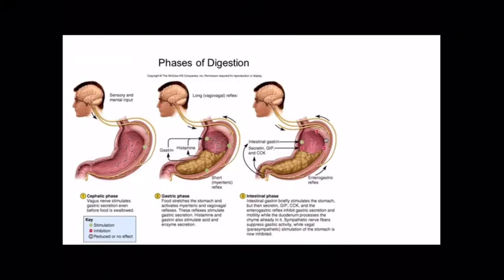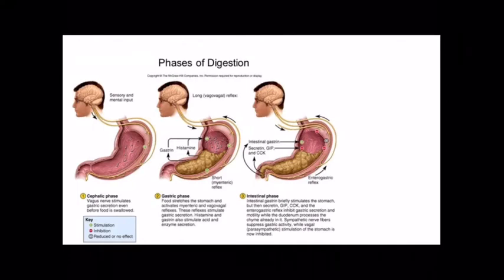Seeing, smelling, tasting, touching food, or thinking about food, all of those things stimulate the cephalic phase, which basically stimulates the stomach and says, hey stomach, get ready because some food's coming before too long. So then once we eat, that takes us into the gastric phase. We don't have to eat if we're in the cephalic phase. You can smell food and think about food and not end up eating, and that'll be okay. We like to eat though, so it feels very satisfying to then move into